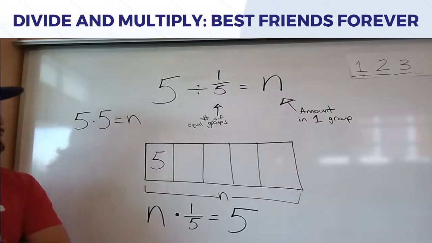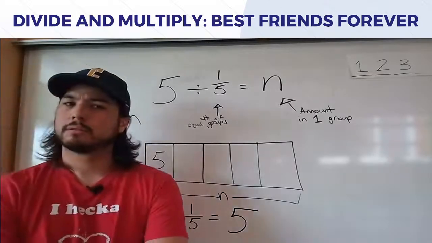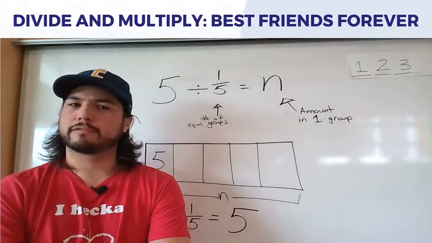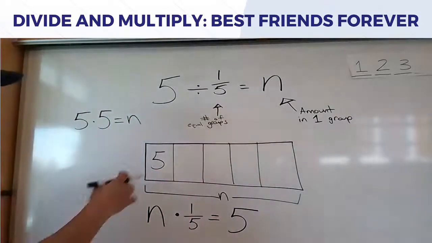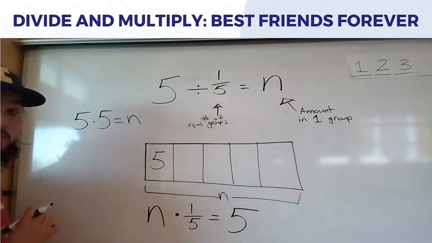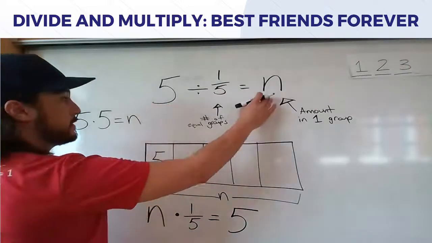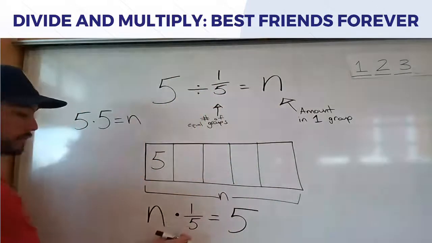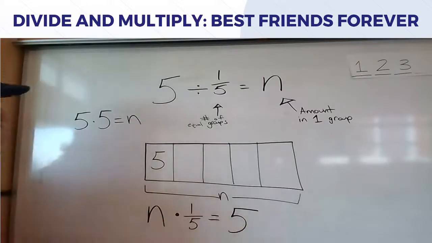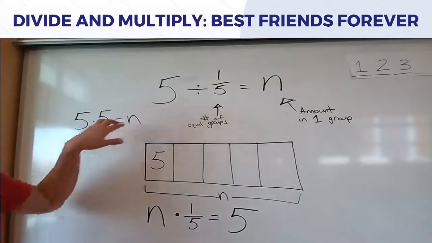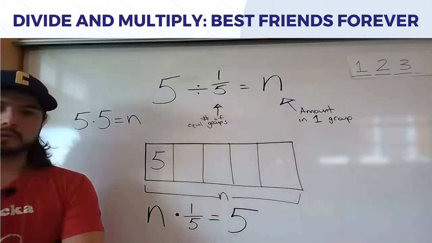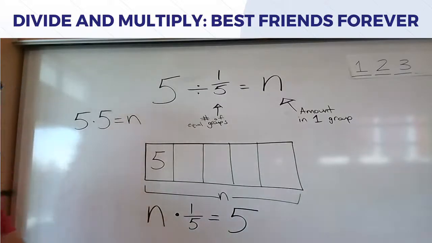Now, this isn't quite a true inverse. This isn't a true inverse equation here, because it's not a true undo, right? We're not getting from 5 to n and then doing the inverse operation to get back to 5. This is more an equivalent equation, or an equivalent statement. It does the same thing, right? 5 times 5,